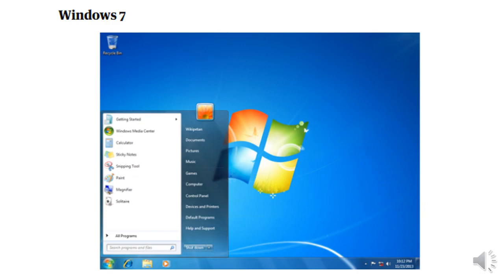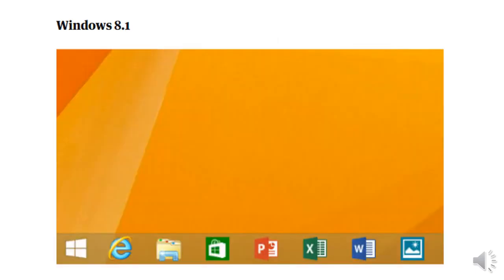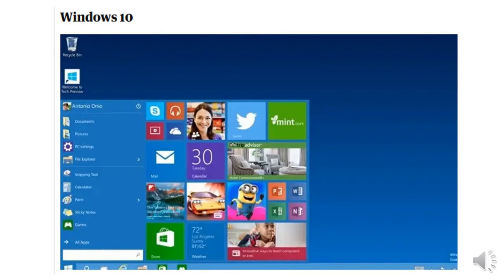Windows 7, like Windows XP, is also a very famous operating system Microsoft has ever developed. With a major graphic change, Windows 7 was developed as Windows 8. Then adding certain enhancements, it was developed as 8.1. Now this is the latest operating system developed by Microsoft, that is Windows 10, which we are using nowadays, and it has become very popular in the market.